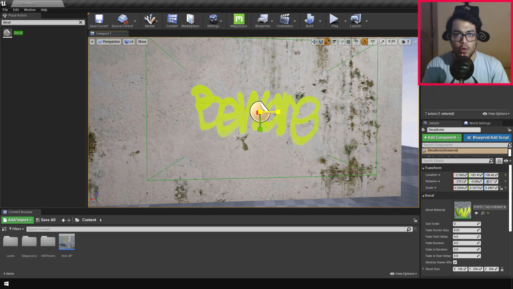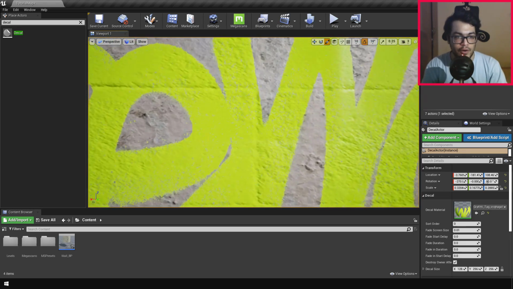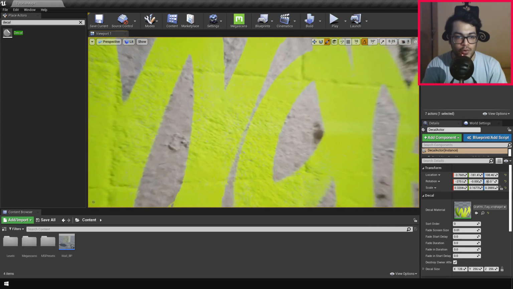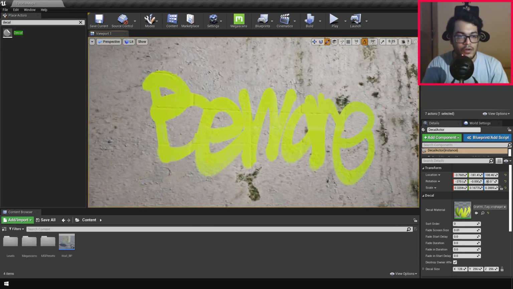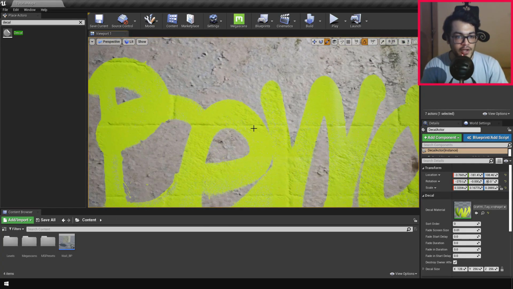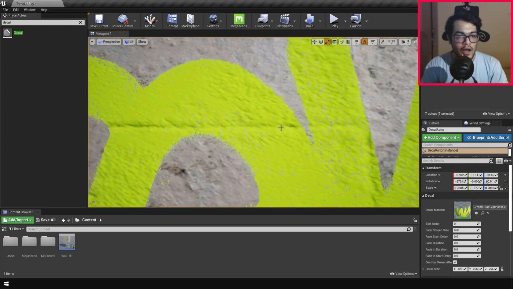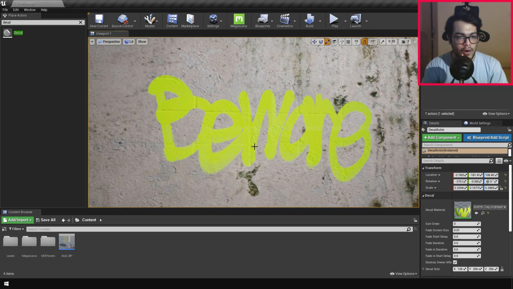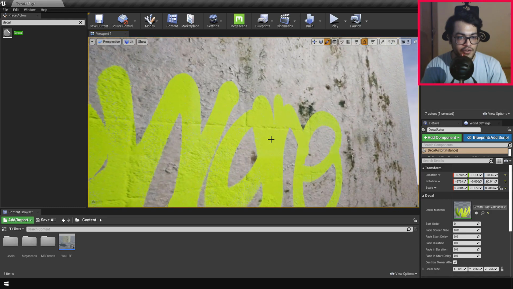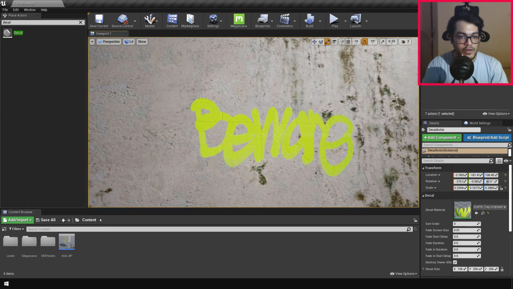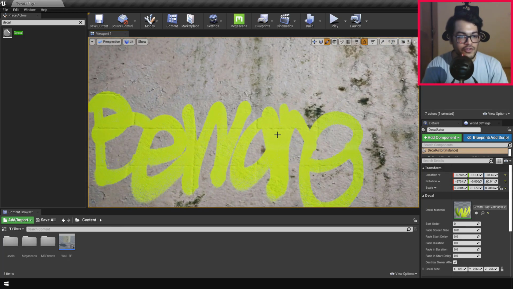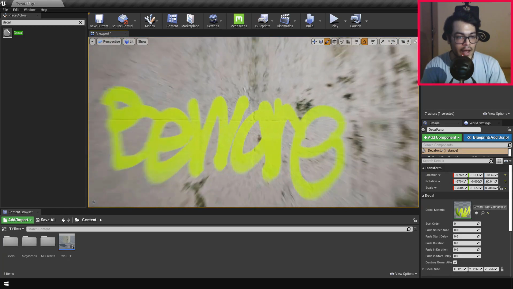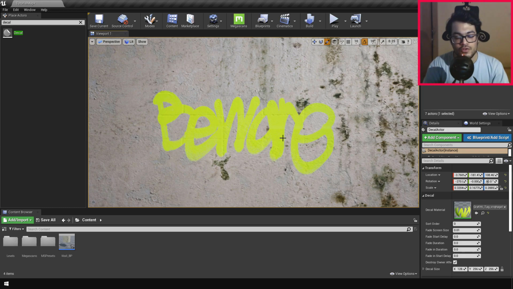Now there is a very important thing that I need to cover in this video, and I noticed that many people don't do this, like they completely skip this step. You'll notice at the moment the decal material has sort of a normal map going on. It has the default brick texture going on, as you can see. So how do we fix that? That's pretty easy. We just need to swap the roughness map and the normal map. So let me show you.